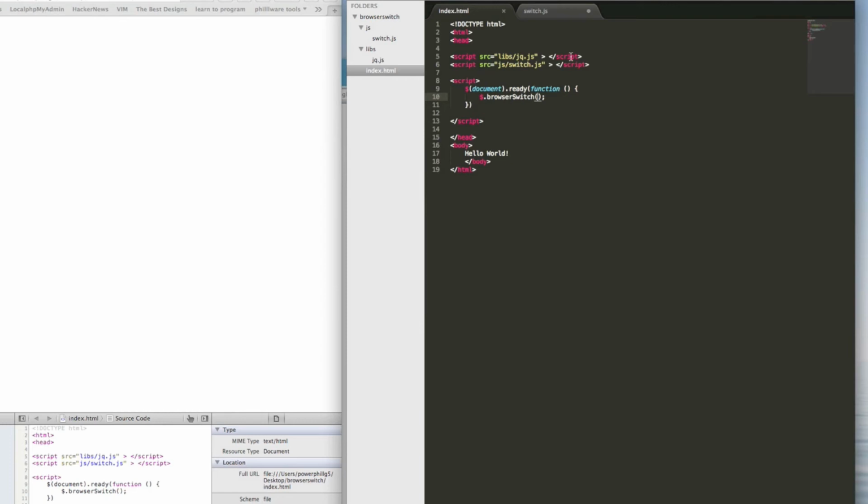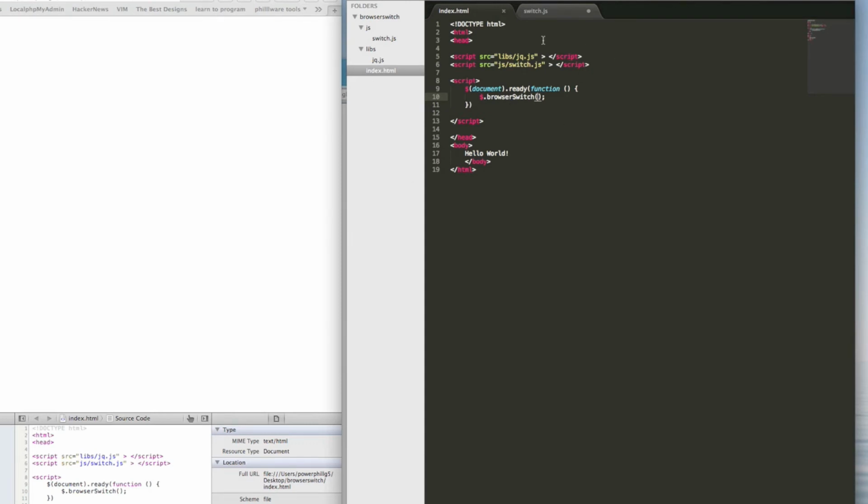We don't want to have to rebuild a browser switch for every other little thing that we want to do. So we want to make it execute a function that we tell it to, based on what browser. So first things first,